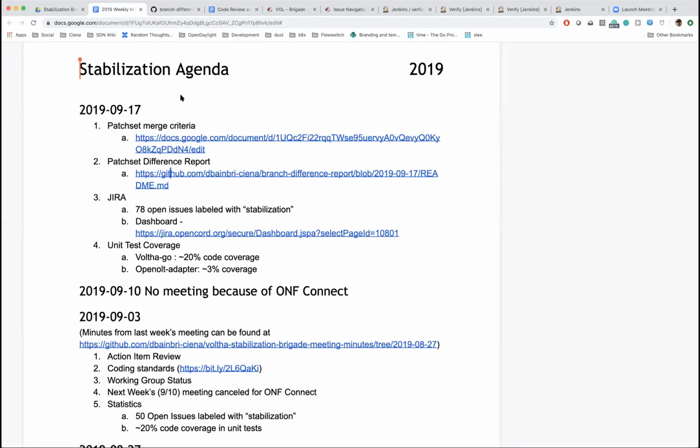And he generates a report that basically says this change ID is in one branch and not in the other branch. This basically gives us a basis to say which patch sets have not been cherry picked between the branches,